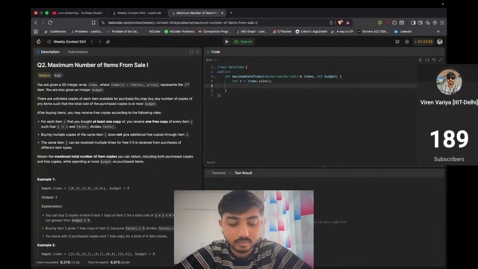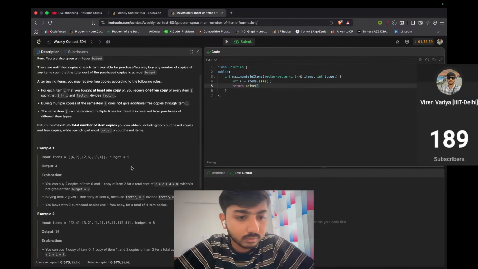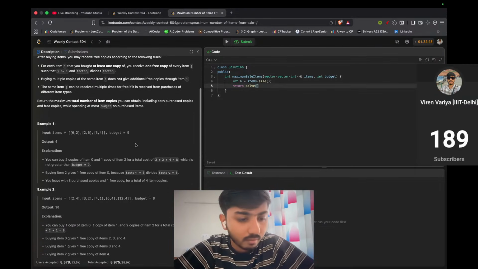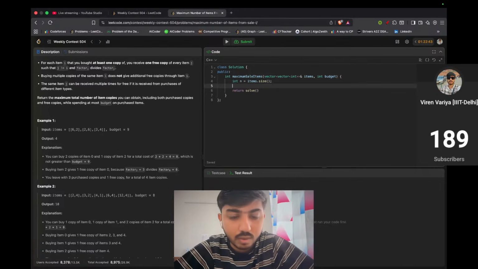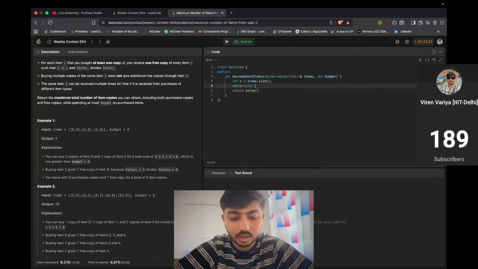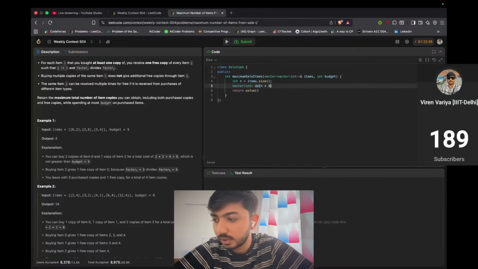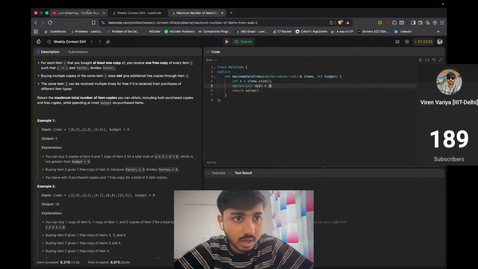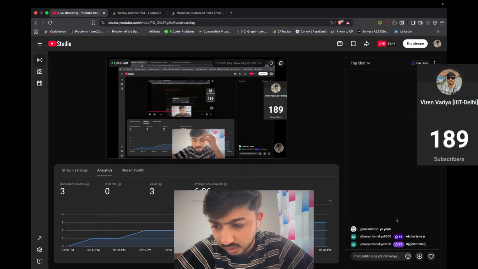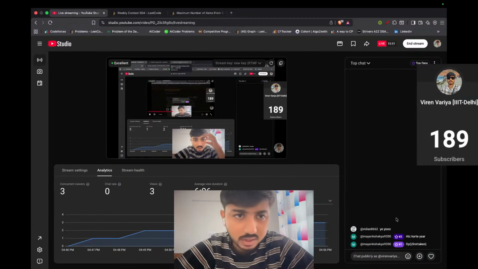Return solve. Okay, will pass everything. I want DP also, right? Vector in DP of n plus 1. DP of I, comma, first taken. First taken means